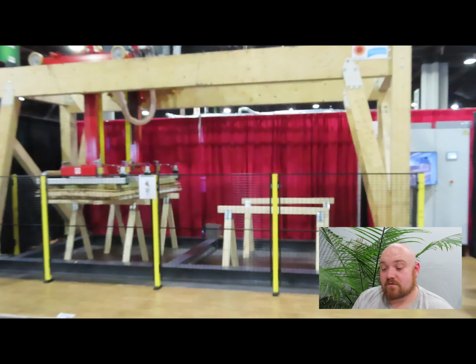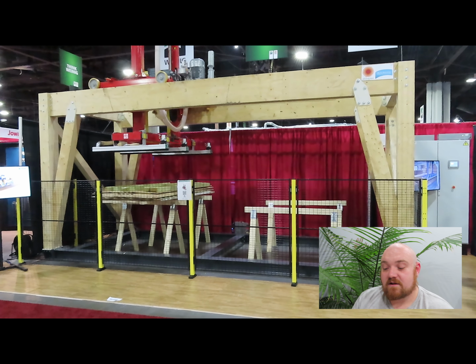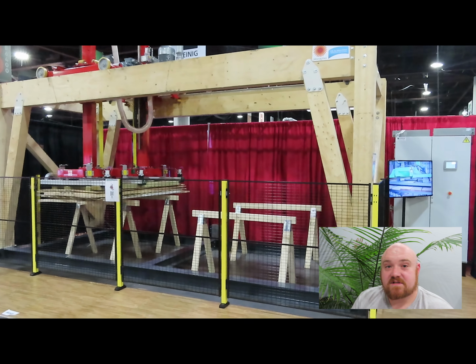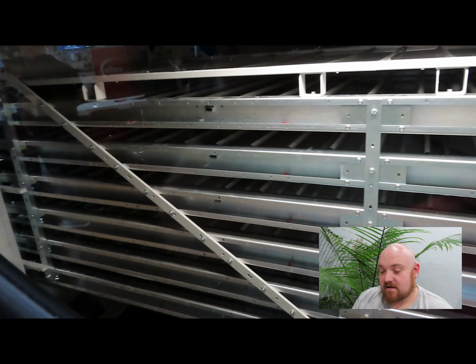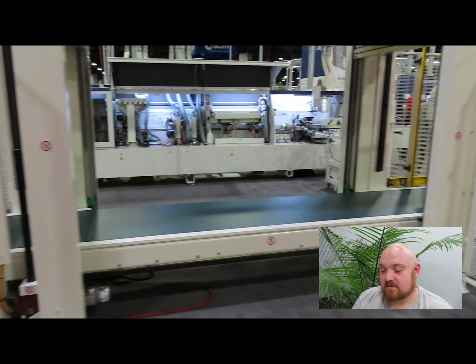This booth was really cool. They made this gantry system that you could put on anything. So you see they made it out of a timber frame, which I thought was pretty cool. Their drying oven over at SCM, and then this is another clamp we were interested in at SCM to squish